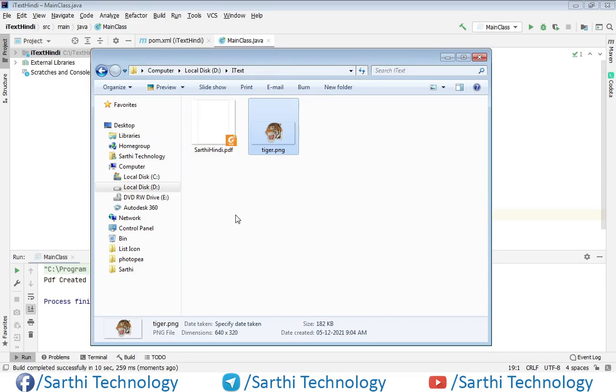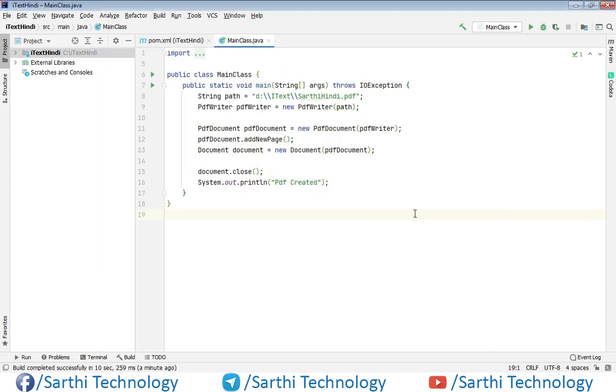Okay, so first thing, let's add some text in the PDF. So here let's create one paragraph.